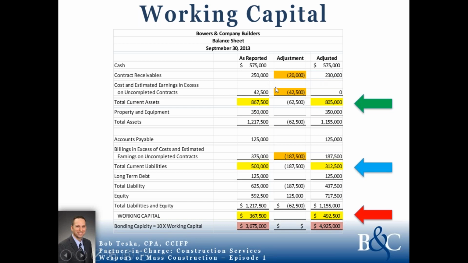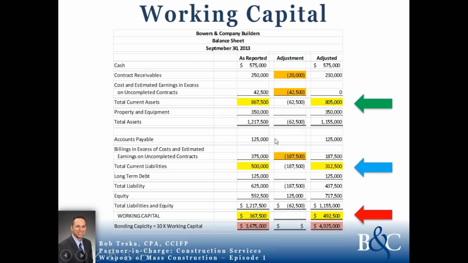And then with our cost in excess here of $42,500, typically sureties don't like to see underbilling. They don't like to see that you've got work that you could have billed for that you didn't. So they usually will deduct most, if not all, of your cost in excess. So in this case, we have $42,500 of cost in excess. They will deduct that in entirety in this example. So the $42,500 goes away. So now our current assets are just the cash of $575,000 and our adjusted receivables of $230,000, and it's now $805,000. So our current assets have gone down